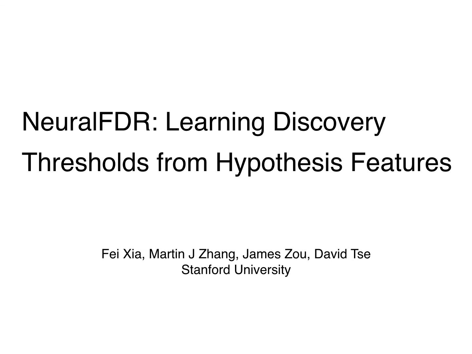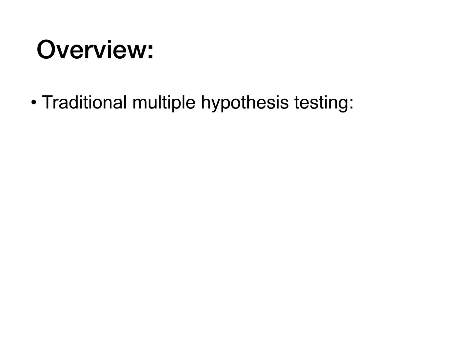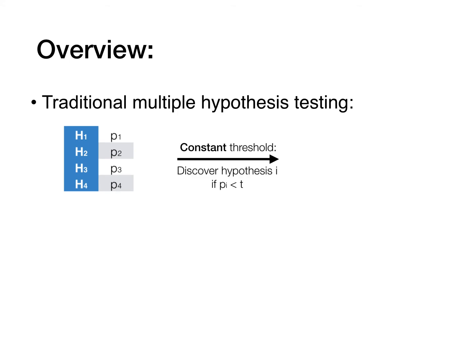Hi, I'm going to present NeuralFDR, a method that learns discovery thresholds from hypothesis features. In the traditional setting for multiple hypothesis testing, we have a bunch of hypotheses, each with a p-value. From those p-values, we can calculate a threshold, and we discover hypothesis i if its p-value is smaller than the